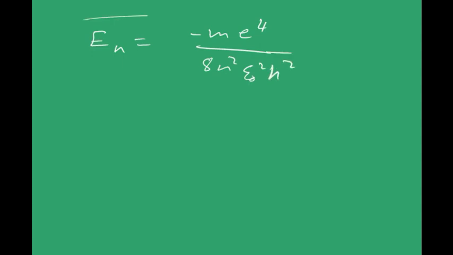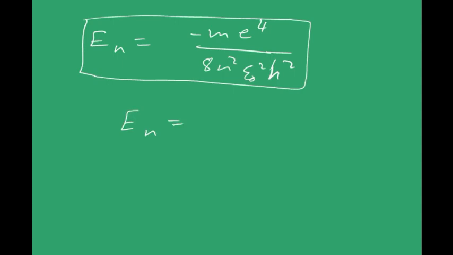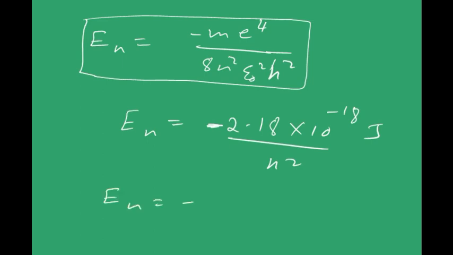So are you supposed to remember all these complex terms and all the values of these constants also? No, I wouldn't suggest you. All these are constants, right? When you put them and get the value directly, you will write this one as this: 2.18 into 10 power minus 18 joules by n square. Of course, there's a negative sign, don't forget it. This is written in terms of electron volts as minus 13.6 electron volts.